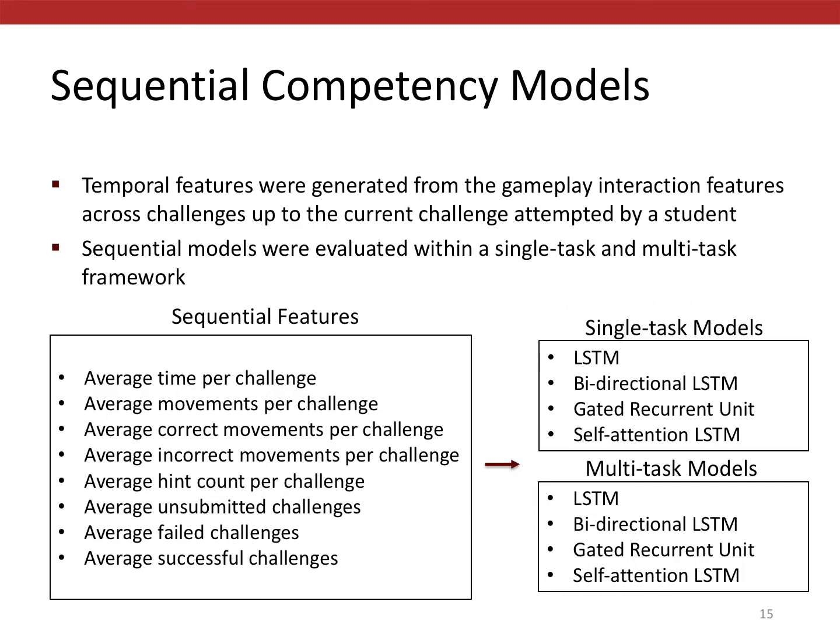We take a similar approach of evaluation of both single and multitask models with our sequential competency models. Summative features on a challenge level were engineered for these models based on averages of time, movement, hint usage, and challenge success across a student's individual gameplay trajectory. These 8 features were combined with the previous 10 challenge-level generic feature representations to have a total of 18 sequential feature vectors to train our respective models. 3 variations of LSTMs were used alongside gated recurrent units for both single and multitask models. In addition to standard LSTMs, we evaluate bidirectional LSTMs as well as LSTMs that implement a self-attention mechanism.